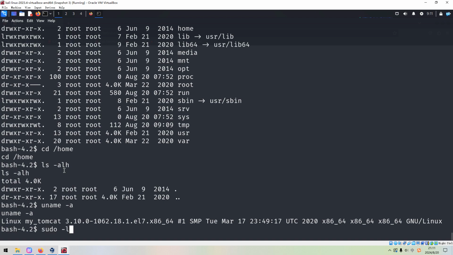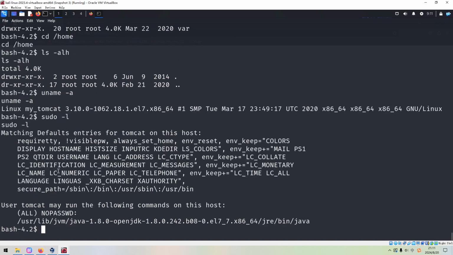For example, we can check sudo. Actually, we can run Java, and for Java we do not need to supply the password of the root user. So then I think we can use Java to elevate our privilege to root user. And next, we can use Java to run or execute the application or the program, right? So again, we need to use MSFVenom to create the payload for Java, and the format should be jar. Okay, so now we can open up another tab.